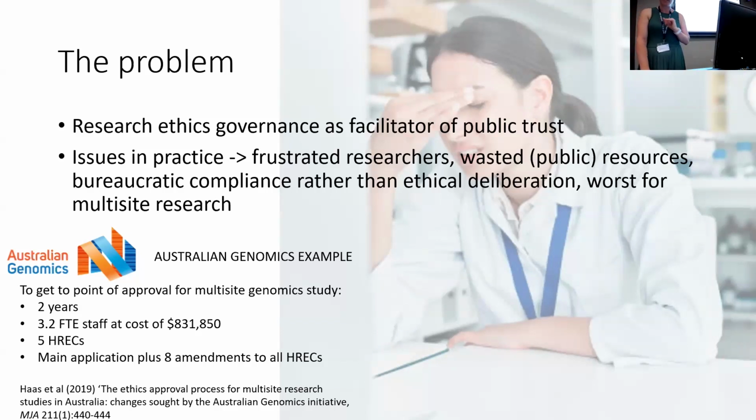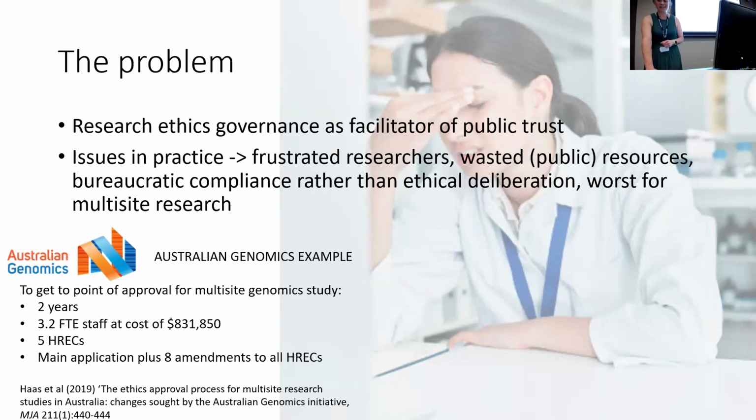What the community is willing to accept as a reasonable trade-off for scientific advancement for the public good is not always what the researchers think it is, and this is what drives our research ethics systems. And so we have guidelines and laws that aim to constrain the conduct of research to align with community expectations so that it's worthy of their trust and so that they can feel comfortable handing over their tissue and their data. The role of ethics committees is to assess whether the proposed research complies with those laws and those guidelines. But there are some problems with this in practice.